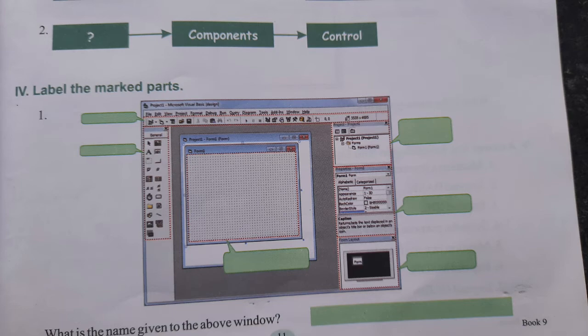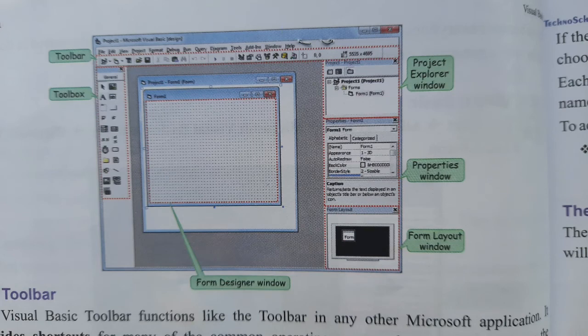So third one, project explorer window, properties window, form layout window, and form designer window. Okay, so these are the answers for the labeled marked parts. So look at the picture, and I have added the answer for this screen. So here you can see toolbar, second one is a toolbox, third one form designer window, project explorer window, properties window, form layout window. I hope you know what are the purposes and we are using in the